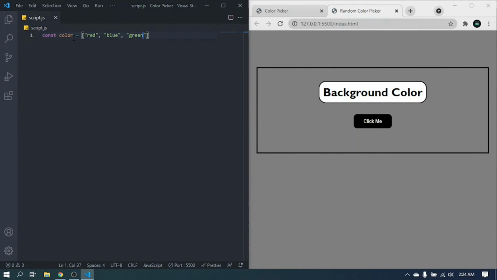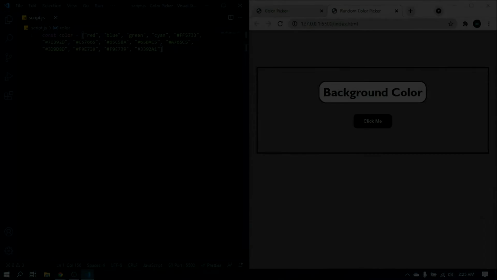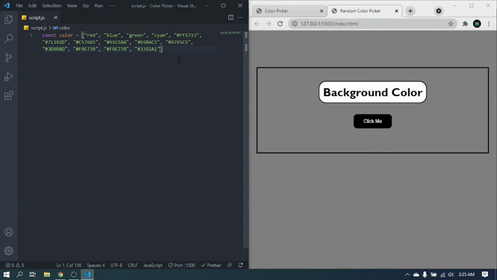green, and then cyan, and after that some color codes. So as you can see here I have added some color codes in this array, and now let's get the